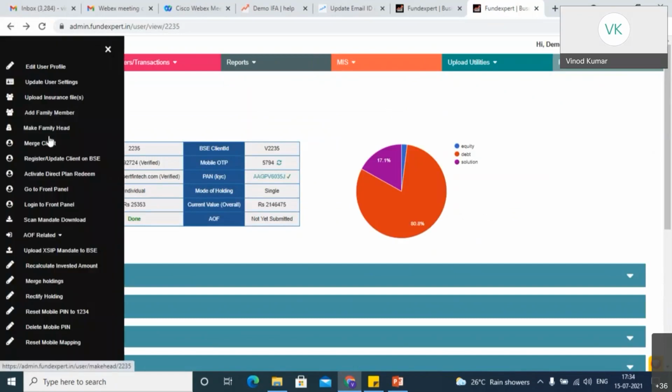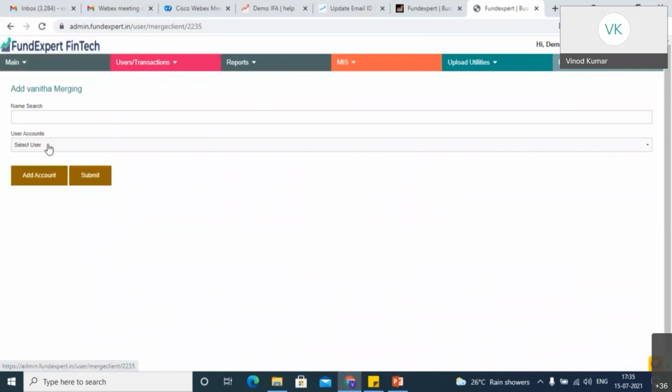And the next option we have is the merge client option as well. The merge client option is useful when there are multiple IDs of the same user. Take for example, the same user with the same email ID, there are 2-3 clients, 2-3 IDs. Sometimes what happens, we get the data from CAMS and Karvy RTA, right? When the raw data comes here, maybe there are some multiple registrations. Client might have registered in different portals with the same email ID and same name. What happens then, 2-3 IDs might have come.